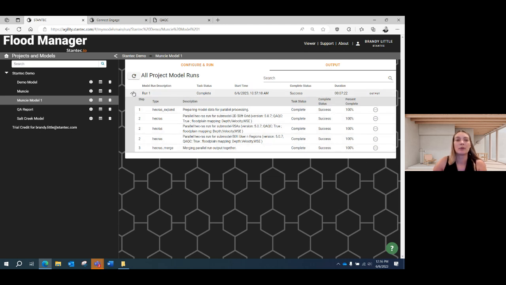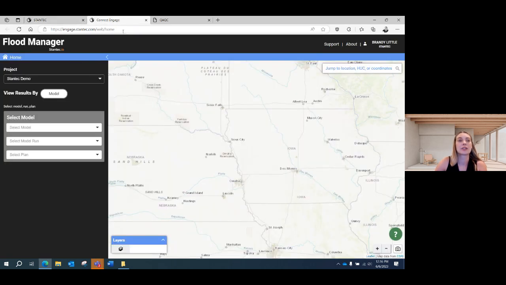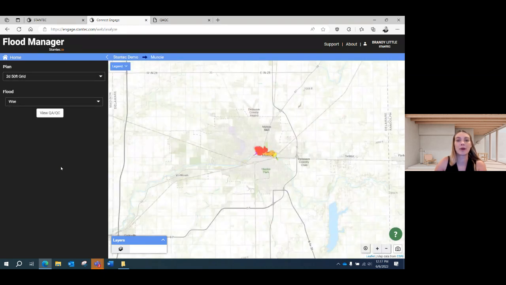Not only do we have all of these, but we also have a viewer, which is available at the top right here. And so if you selected to create those grids at the time of your model run, you can come into the Flood Manager viewer and you can select the model, the run of that model, and then your plan that you had grids created for. For the Muncie model, we have grids for 2 of the plans.